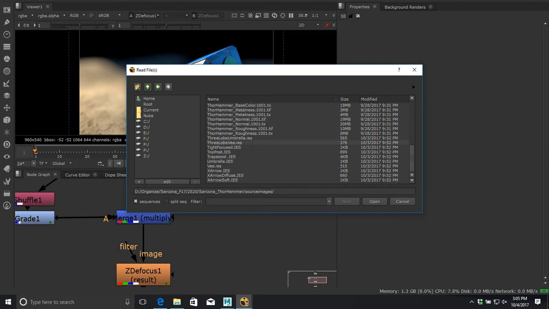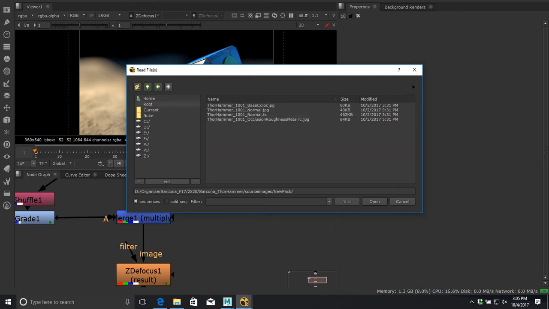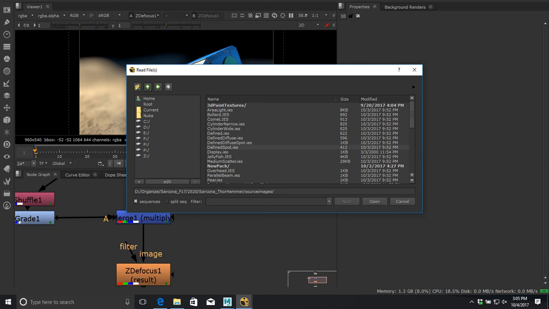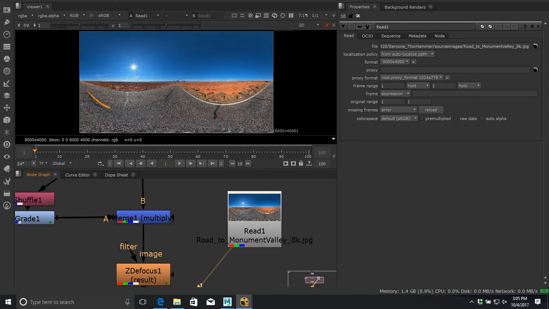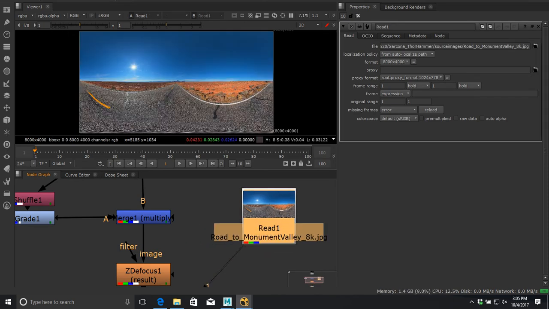So this will be new pack jellyfish scattered. No. Oh, there it is. Mountain to valley. All right. So there's my background. Okay. So I'm going to put this as my background for my